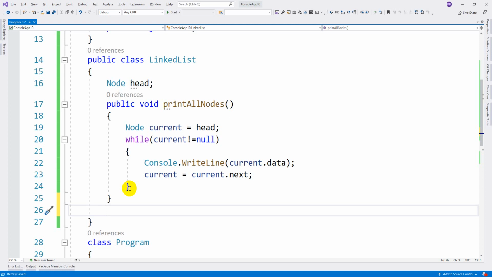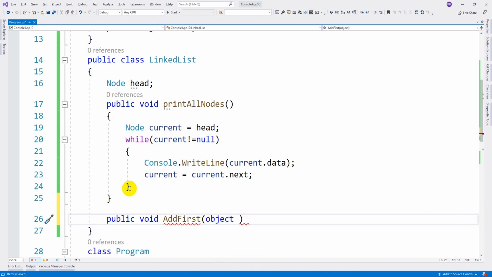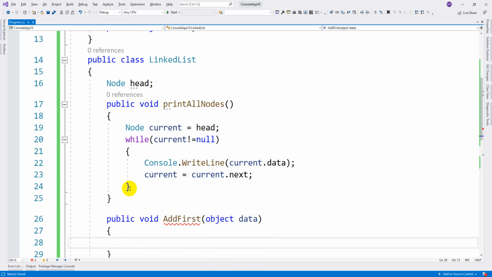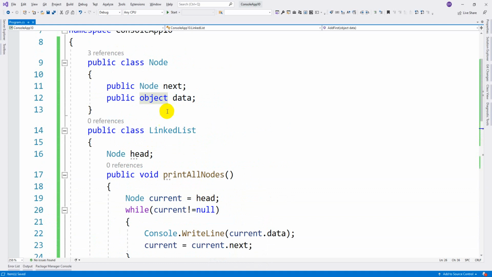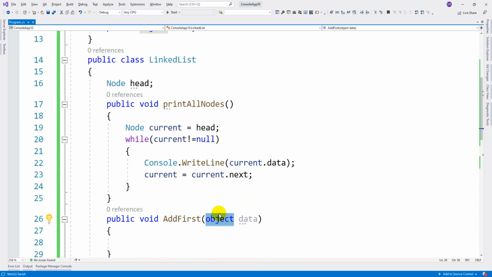So how to add an element at the first. If you remember the collections concept, at the time of collections I said linked list values can be inserted by using two methods, either by using add first or else by using add last. So void add first. To insert any node, any value, we require some data. Why we are taking object means, linked list will store all the data types, it is not limited to one particular data type like an array. So that is the reason we are taking this type object. Okay.